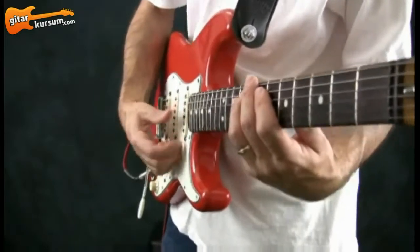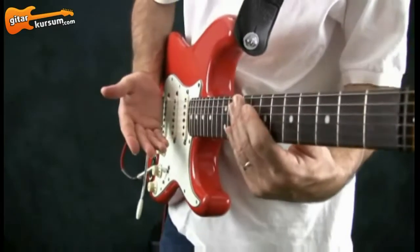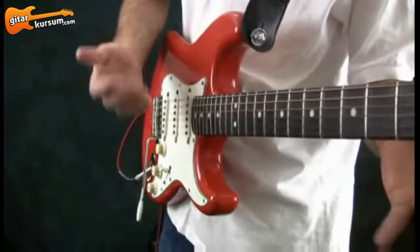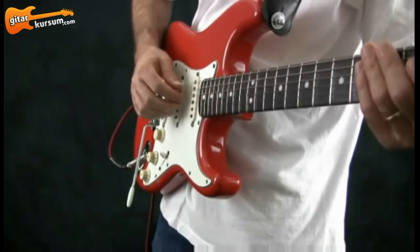Notice I'm grazing with my thumb, or you can use your index or any of your other fingers to do that as well. There's also a very involved fingerpicking technique where you assign one string to each finger and